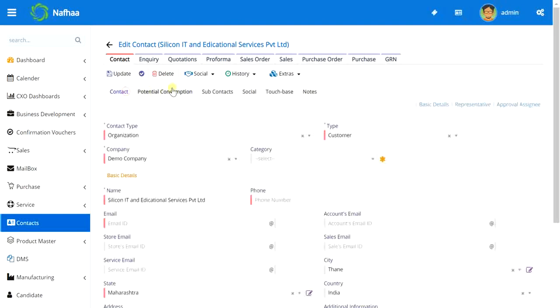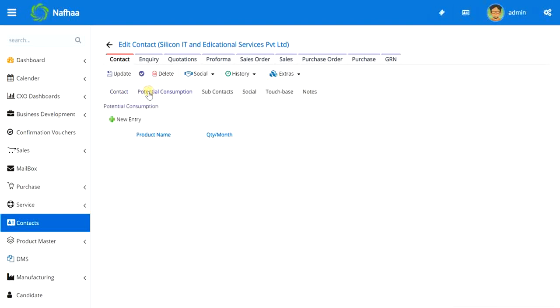And if you see there are many tabs which we removed, they are now hidden. There is another option we enabled, potential consumption. You can add a potential consumption for this customer, what potential consumption you are expecting from this customer on a monthly or yearly basis, depending on which NAFA will prompt you whether the monthly consumption is going as per expectation or not.